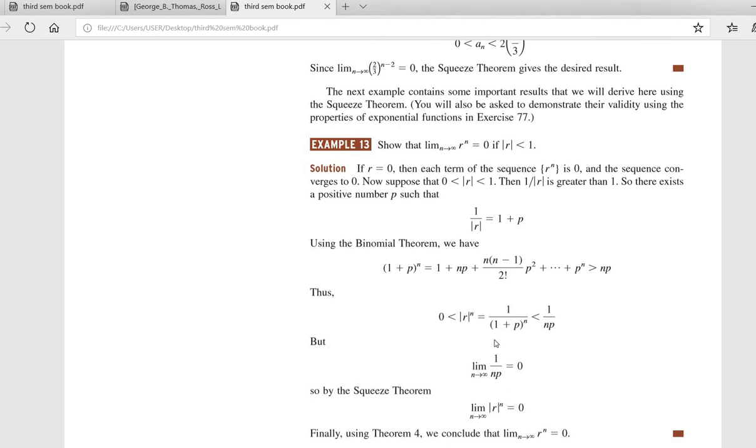Show that limit n tends to infinity, r raised to n is equal to 0 if mod r is less than 1. So the solution is,